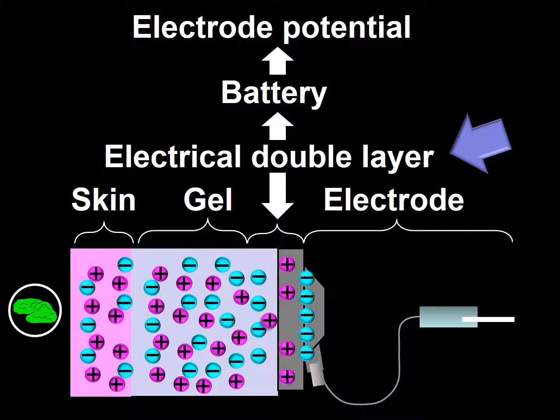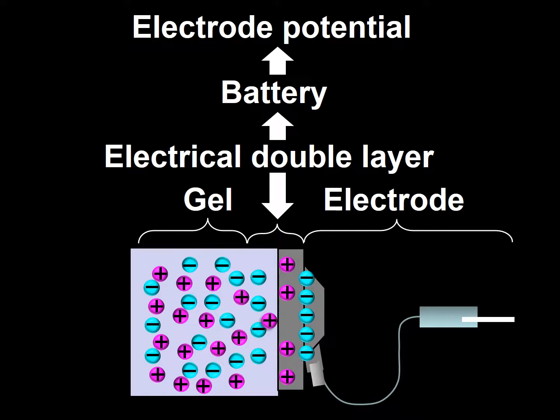The electrolyte-electrode interface in this figure is represented under the yellow bracket. The electrical double layer renders the electrode the function of a battery, thus producing an electrode potential. In the next figure, I will introduce a similar figure, but this time lacking the figurine representing the brain, the skull, and the skin. I remove these structures while maintaining the other components to convey the fact that the electrical double layer remains